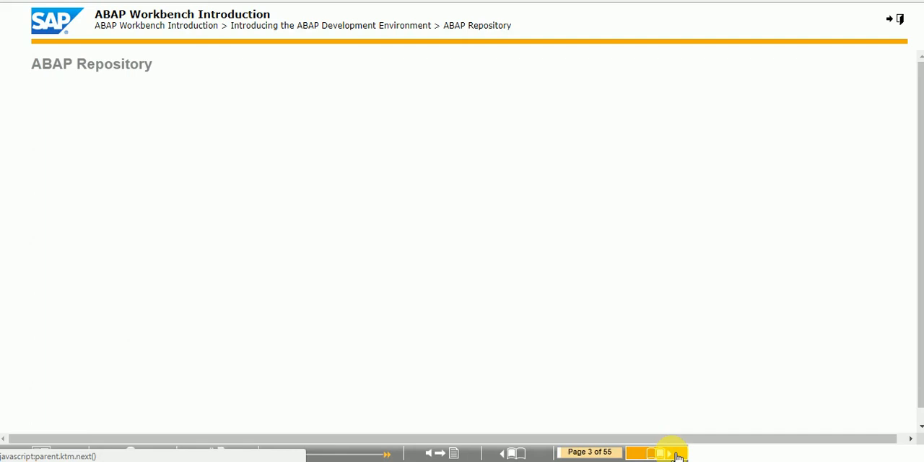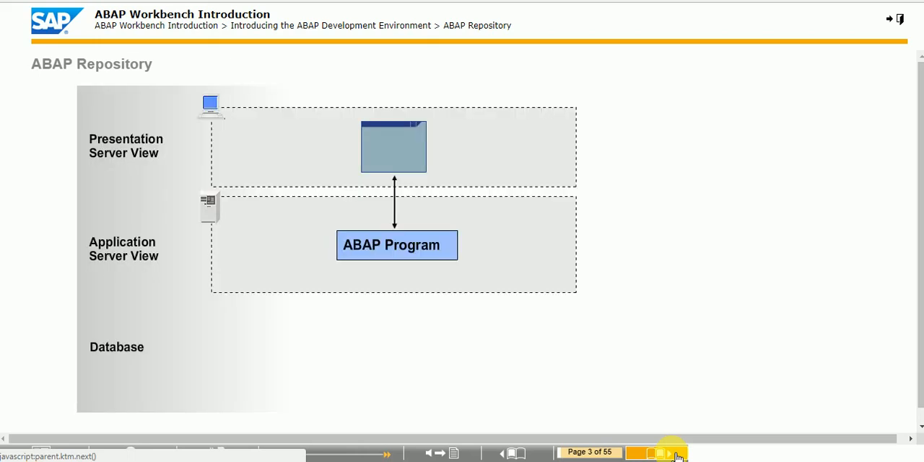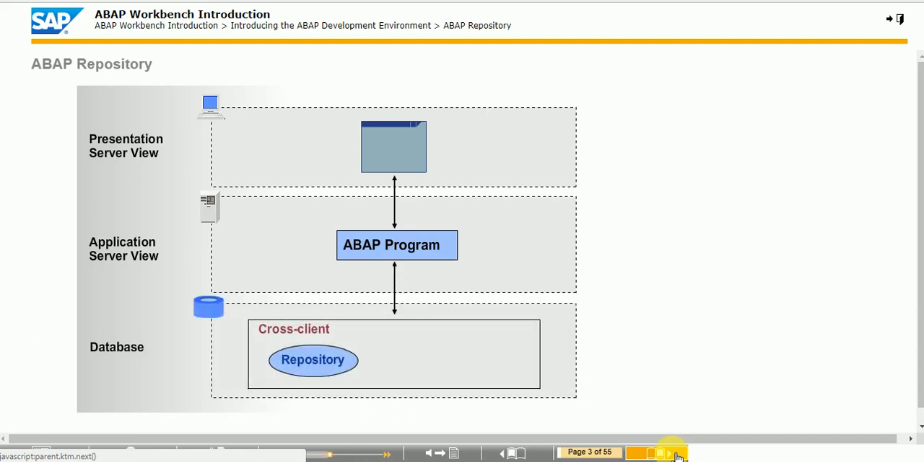The repository consists of all system development objects such as programs, function modules, definitions of database tables, and so on. The repository contains objects delivered by SAP as well as those defined by the customer. The repository is in the database and is independent of the client. This means that a repository object can be accessed from any client and looks the same in each client in